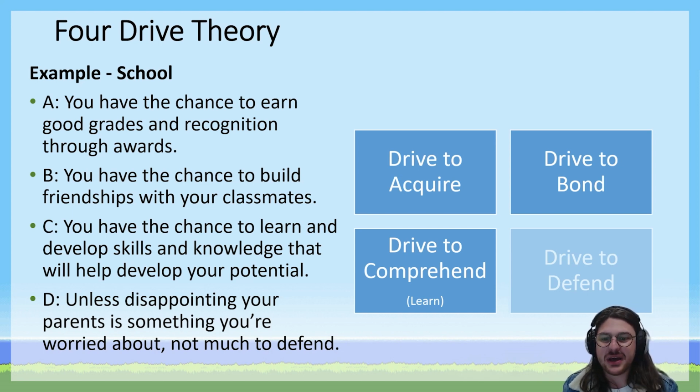And so we can see that in this way, it can be expected, using Lawrence and Nohria's 4-drive theory, that being at school and receiving your education is a quite motivating environment, and you should be capable of being motivated to engage with your learning and achieve reasonably high grades as a result of this motivation. Of course, we know that that's not always true, and one weakness of the 4-drive theory is it doesn't necessarily account for contexts that are outside the scope of the theory. So what we have to say is, assuming no other factors, no extrinsic factors outside of the scope of the theory, the theory is pretty sound.